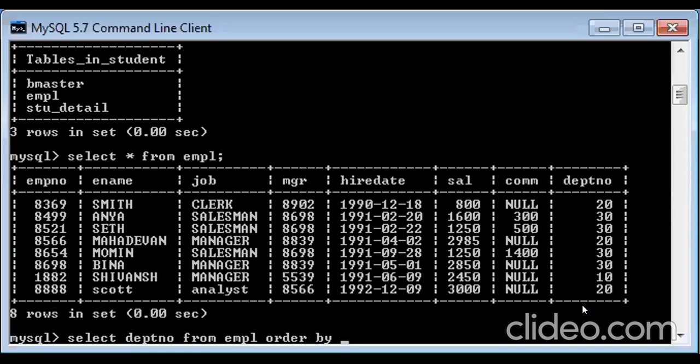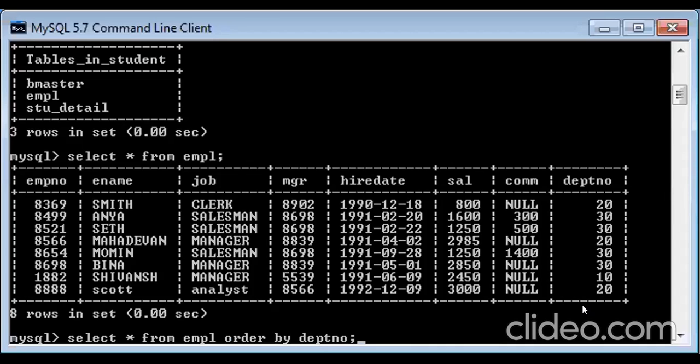Anyone else would like to help me? How do I sort my department number? And also I want to display all the columns. Ma'am, we'll write select asterisk from EMPL order by department number.